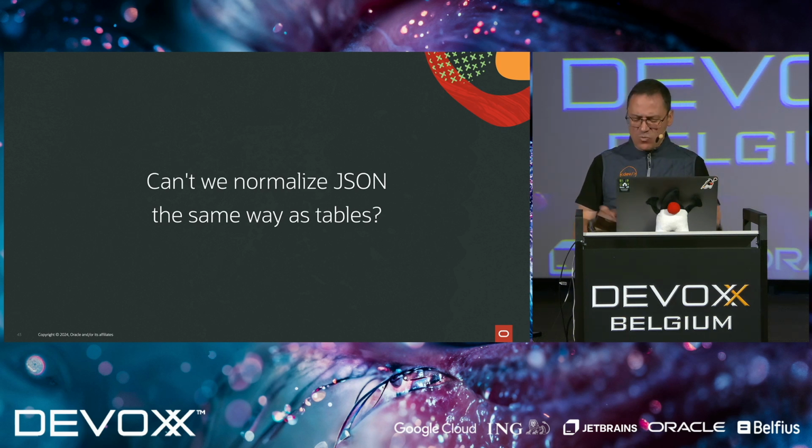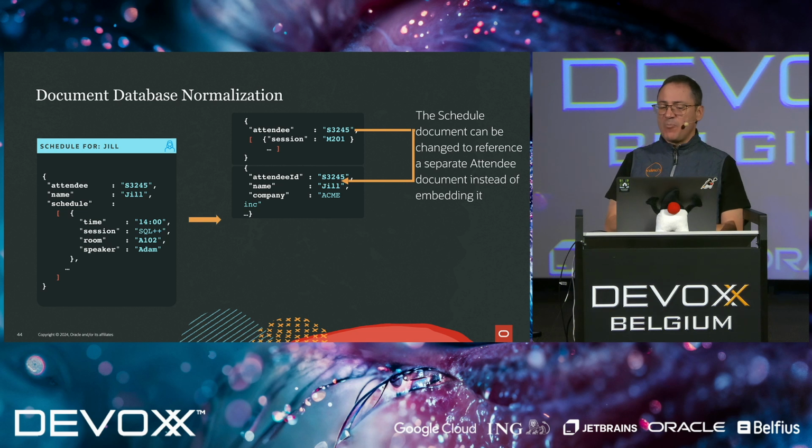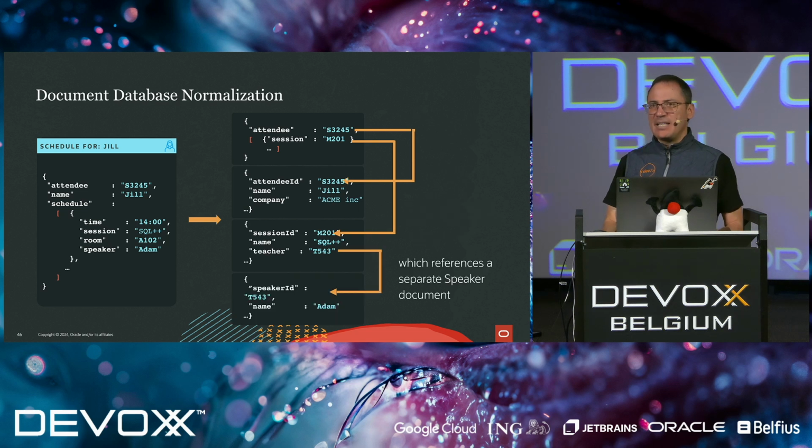Yes, of course we can. We can do something like this. We can add IDs to our documents, so we can have a reference from one entity to another entity, and we keep doing that, and we keep doing that, and we end up with the worst of both worlds.